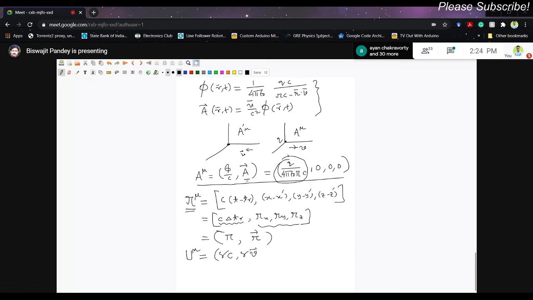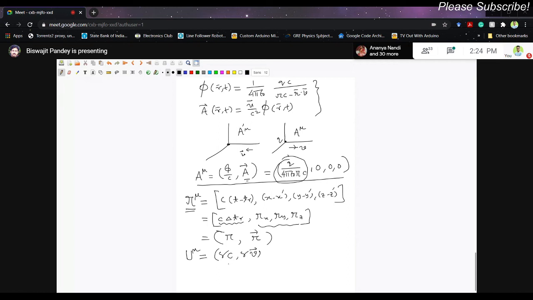Because the charge is moving with velocity v, I have used the notation v for the velocity of the moving point, so that's why I'm writing v here. But again, v can appear inside the gamma as well, so you should be careful. Because I have used v, that's why I'm writing v. Otherwise you should write u. So gamma v is basically the velocity of the moving point charge. This is the 4 velocity of the moving point charge.